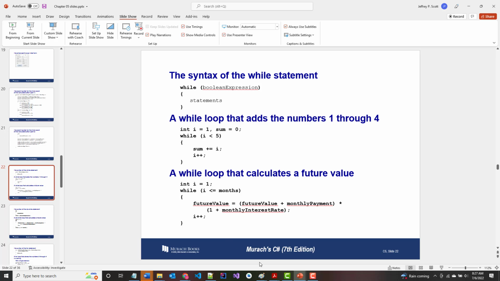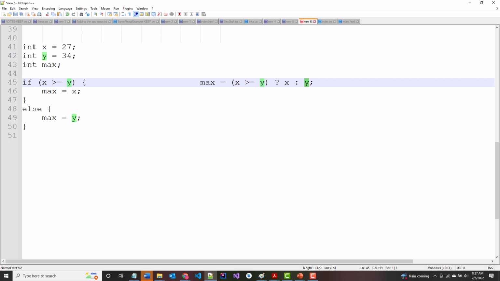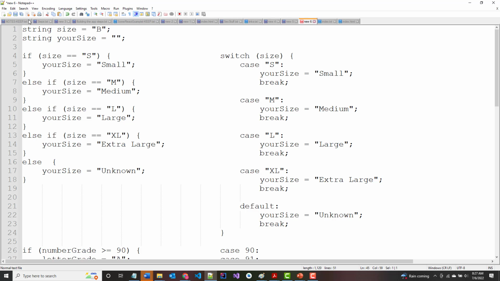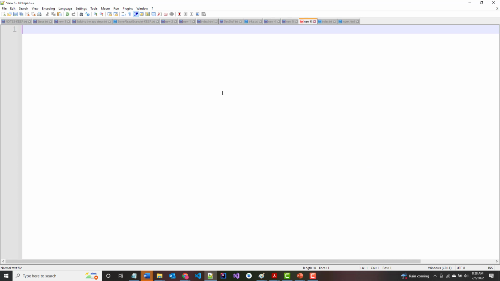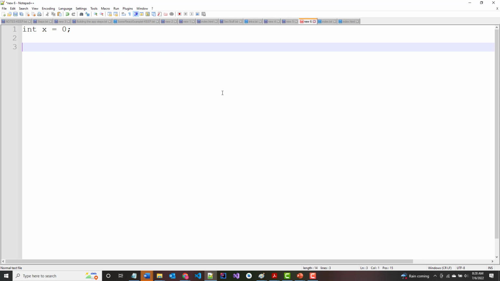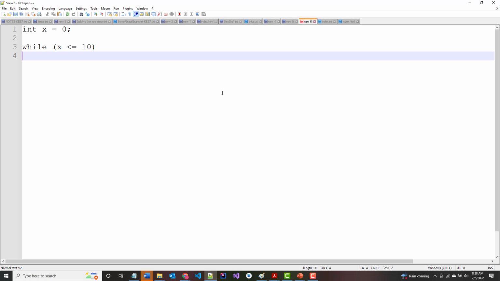Okay, and we're going to do something that you're going to maybe laugh at, but I'm going to remove all of this stuff that I put in here so far, and I'm going to count to 10. That's all I'm going to do. I'm going to count to 10, and I'm going to print out the numbers from 1 to 10. So I'm going to come in here and say int x equals, let's put 0 in here. All right, and I'm going to type this in 3 ways. So I'm going to say while x is less than or equal to 10,